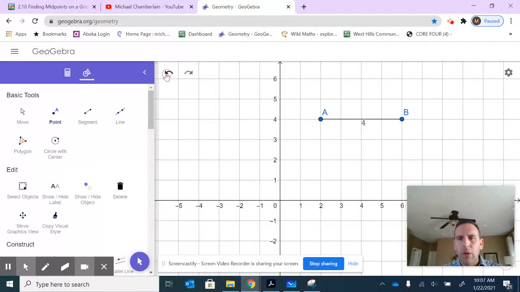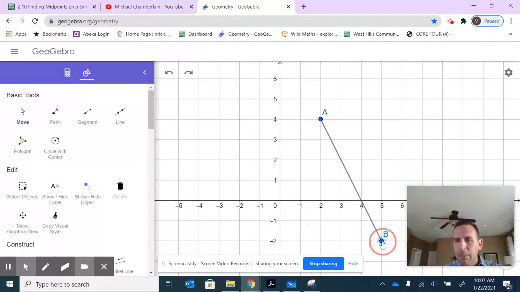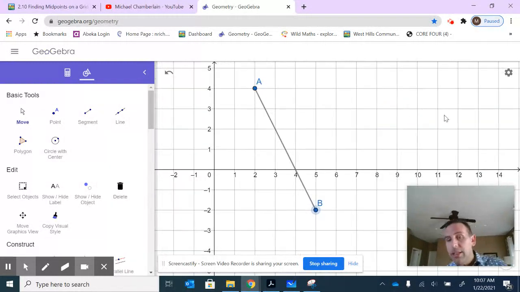Let's take a look, though, if it's a little more complex. Let me go back and just go to my original drawing AB here. What if I had B sitting down here at another spot? What would be the midpoint now? Again, in a future lesson, we'll find that distance. So you can eyeball it, and you can certainly use the construct tool, but I wanted to talk a little